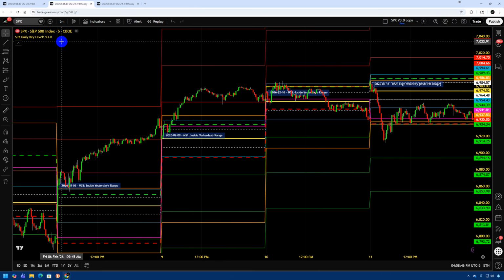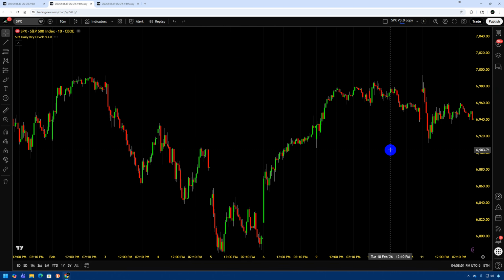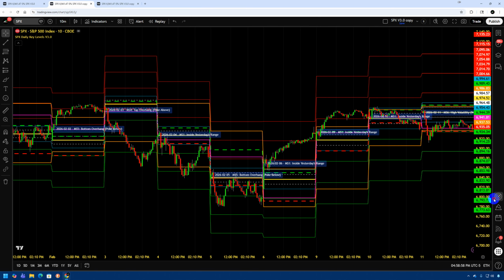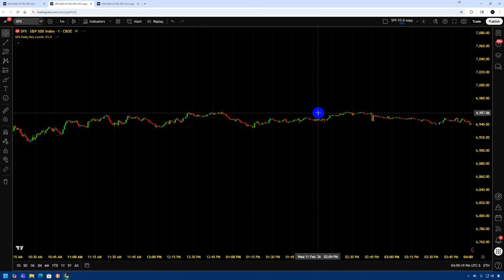So remember, this is on a 5-minute chart. If you have it on a longer chart, such as 10 minutes, then you're going to be able to see more sessions in a compressed space. However, these labels will kind of bleed over on the longer time frames, because the longer time frame will take up less horizontal space per session because there's less candles per session. But if we go out to a 1-minute chart,